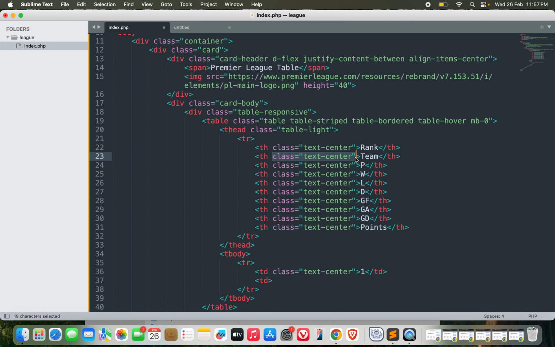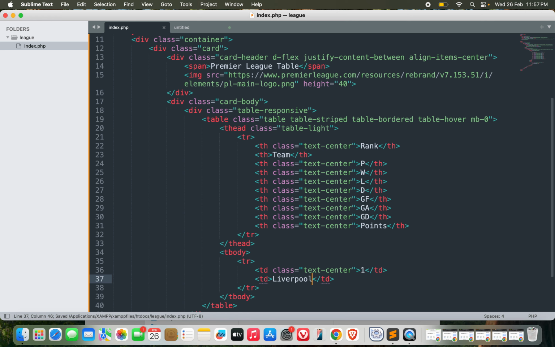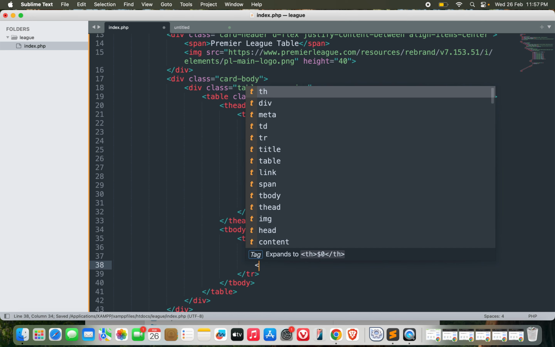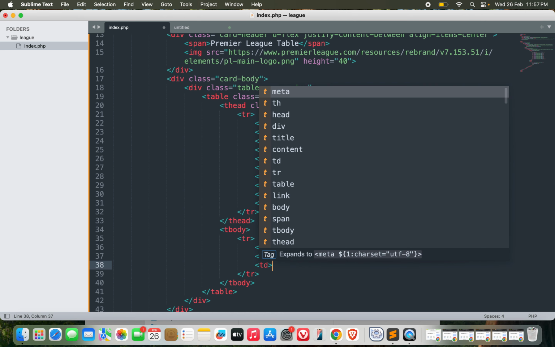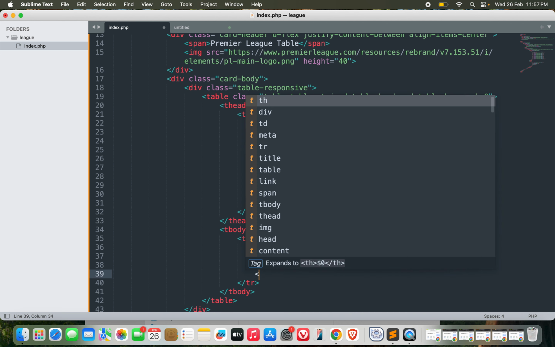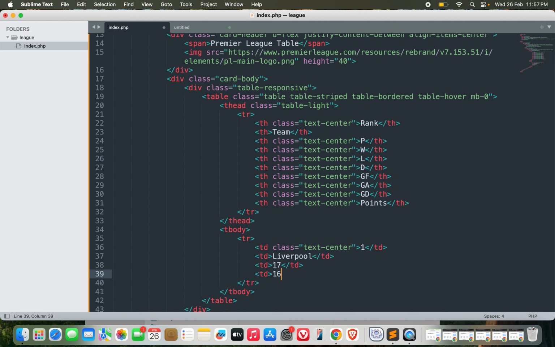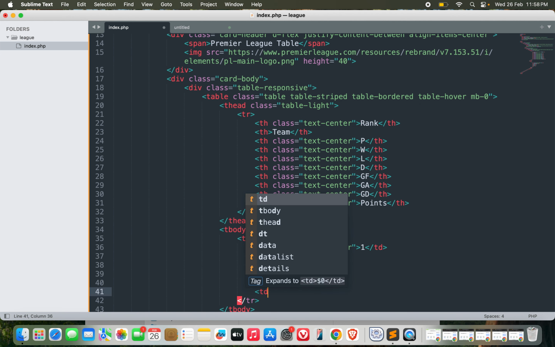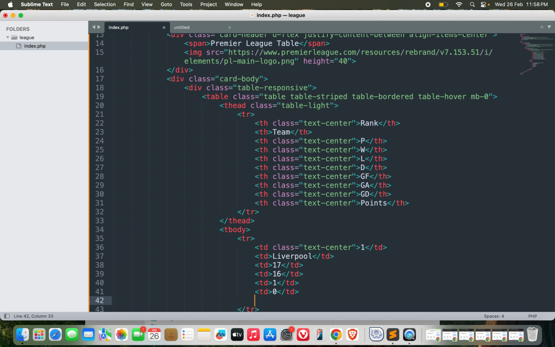Let's remove the class from team. Let's go with Liverpool. I don't know who is at the first right now, but maybe played 17 games, won 16, lost 1, drawn 0,